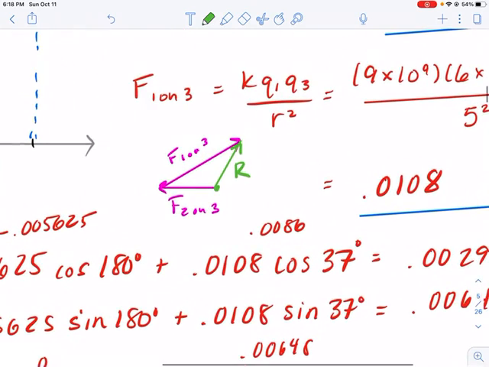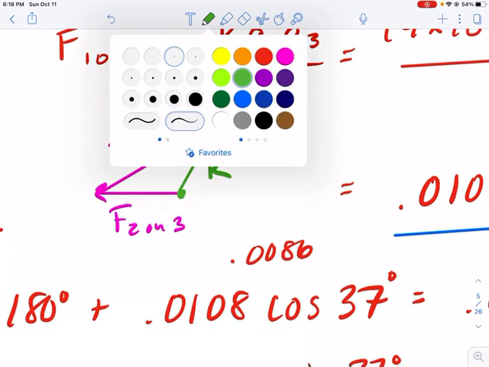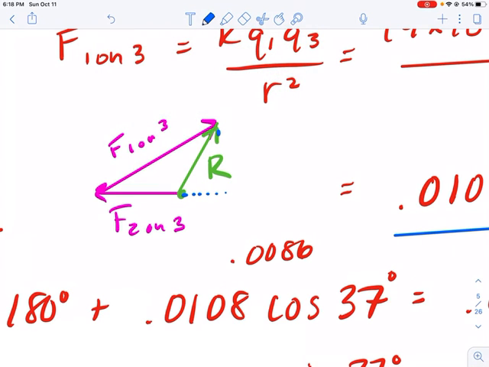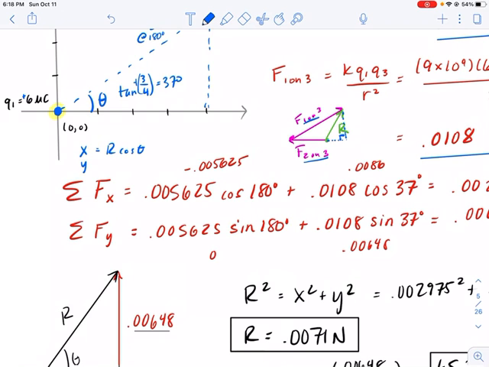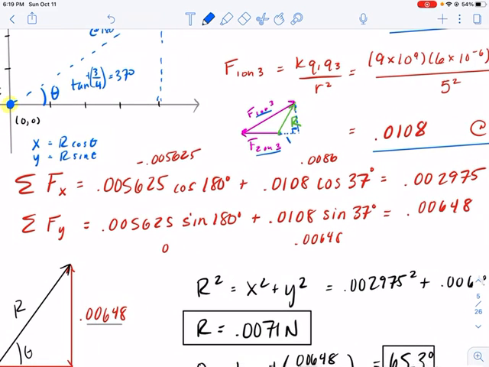To get that resultant, I need the horizontal and vertical components of 2 on 3 and 1 on 3. So I'm going to use some formulas from Algebra 2, that the x component is r cosine theta and the y component is r sine theta. To find the sum of the x forces, or the forces in the x direction, I'm going to take each vector, take the length of it times the cosine of the angle, and do that for the second vector as well. And then I'm going to add those values together, and that gives me my horizontal component, which is